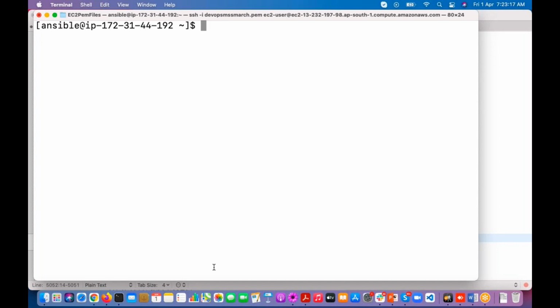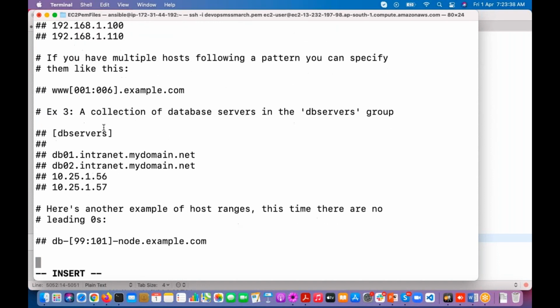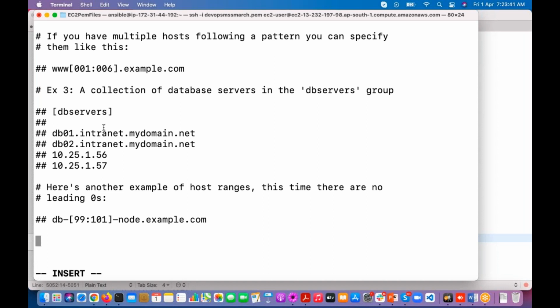vi. You can use sudo vi /etc/ansible/hosts. This is the file. Just hit the enter. Guys, we'll discuss this file later. Just scroll down, type i, it will come to insert mode.